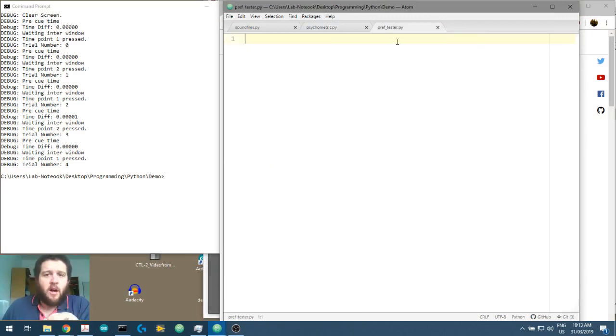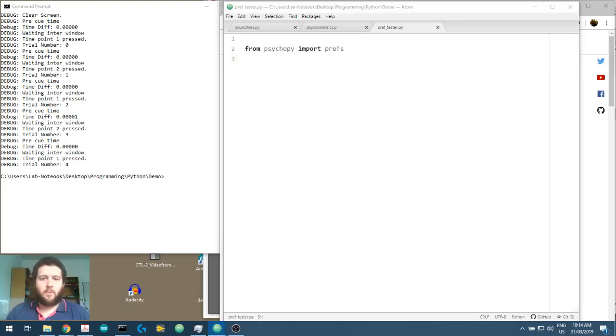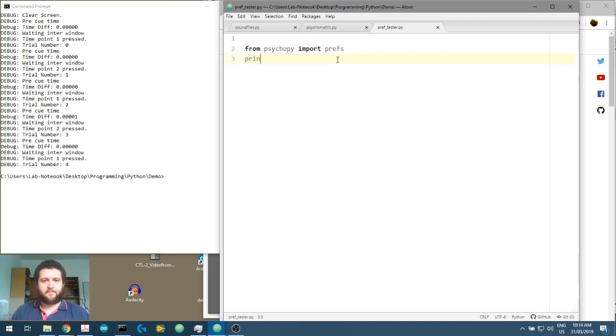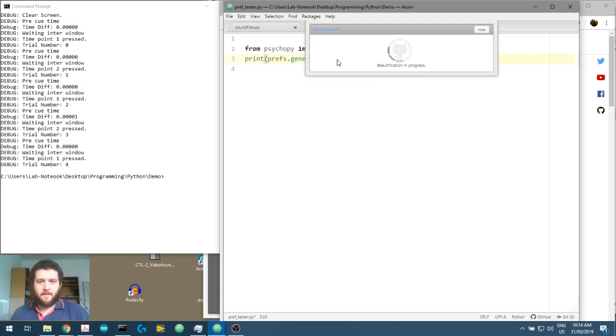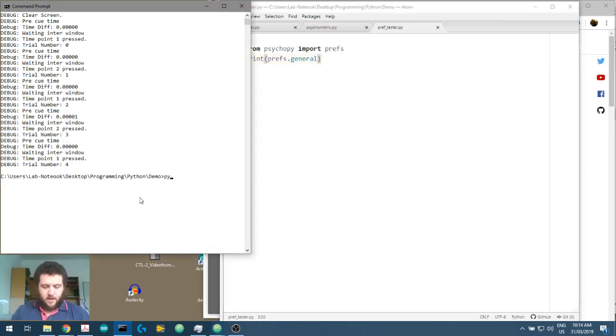What's its preference? So let's check to see what our preferences are. I've got another file here, it's just called preftester.py, and I've saved it in the same folder. What we're going to do is say from psychopy import prefs, because we're going to actually get our preferences out here. I'll just drop this down. And then we're just going to print prefs.general, and we'll run this. So python pref_tester.py,